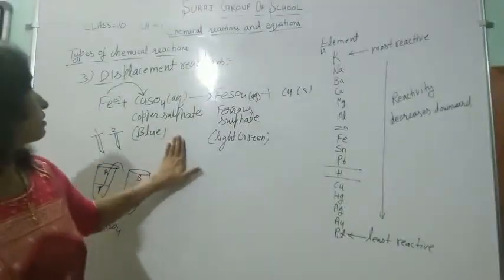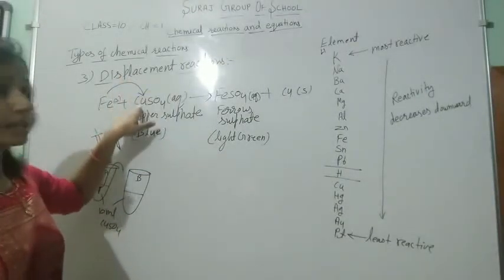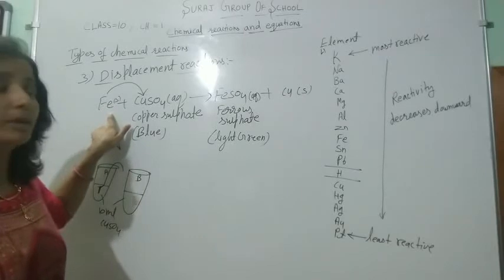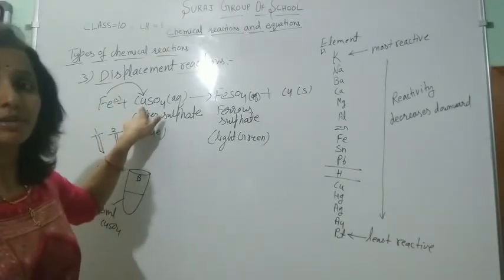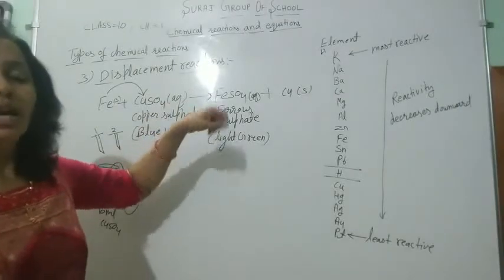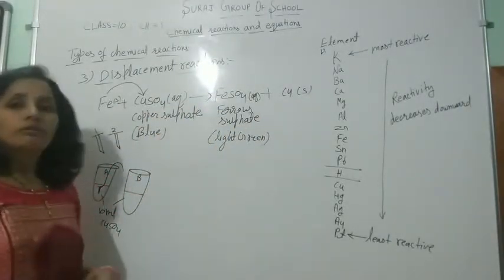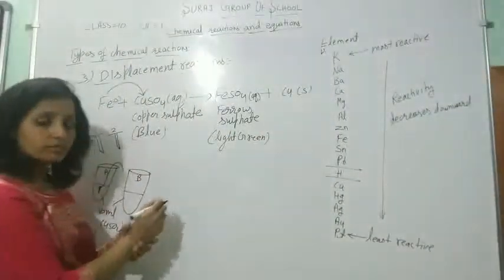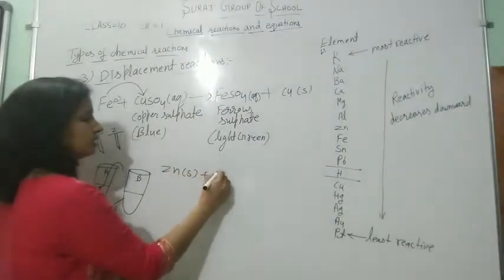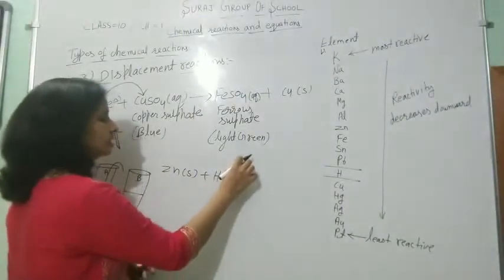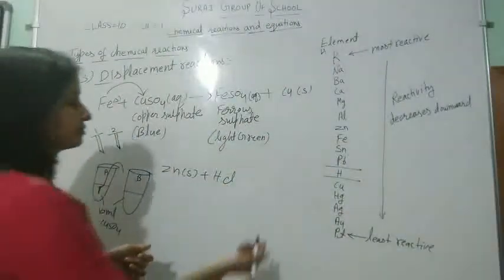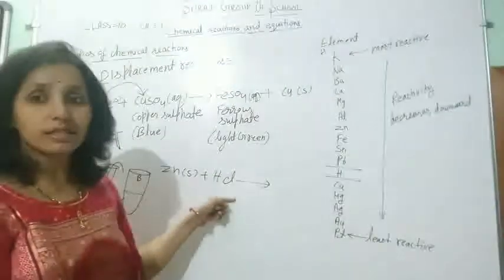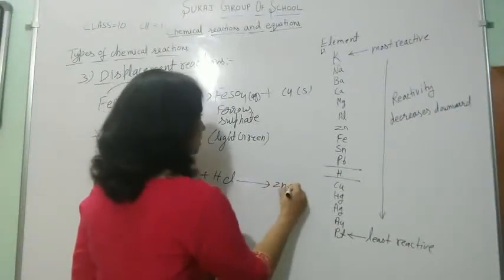So this is known as a displacement reaction, because a single, more reactive element displaces a less reactive element from its aqueous solution to form another compound. We can take another example for this: zinc reacts with HCl. HCl is hydrochloric acid. When the metal reacts with acids, it gives zinc chloride